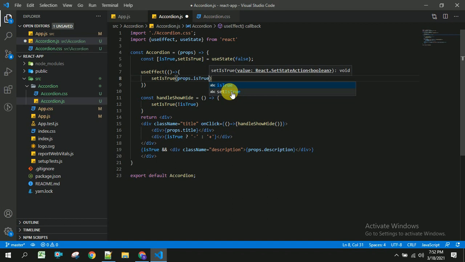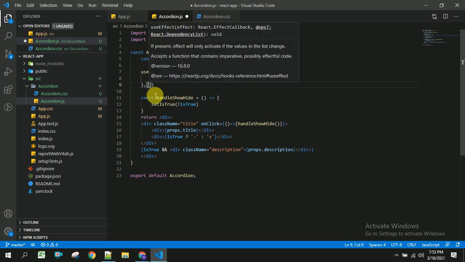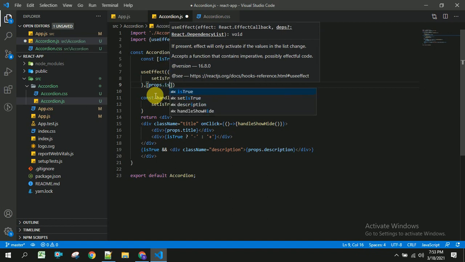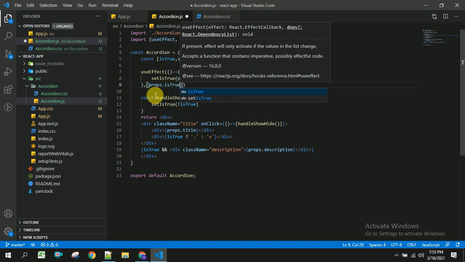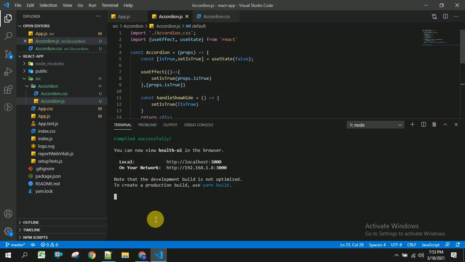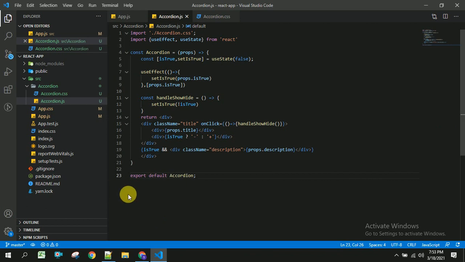So this useEffect will not be calling continuously. It will be called only when there is change in this props. So initially it will be false, and once user click on expand all, it will be expanded. If user clicks on collapse all, it will be collapsed.